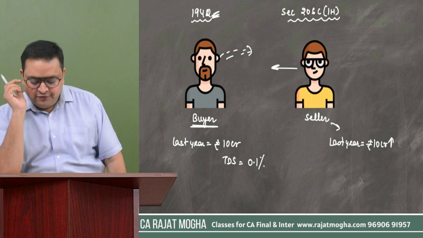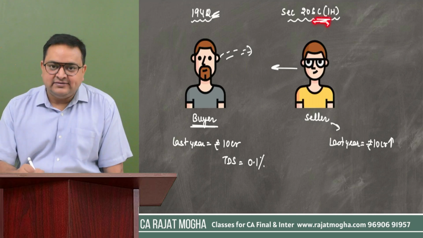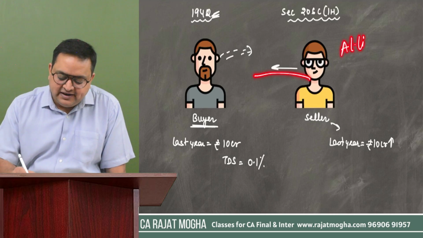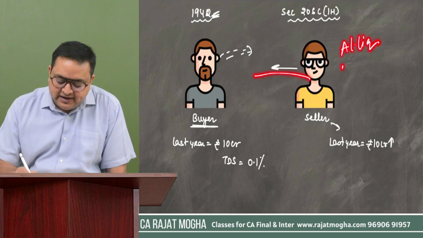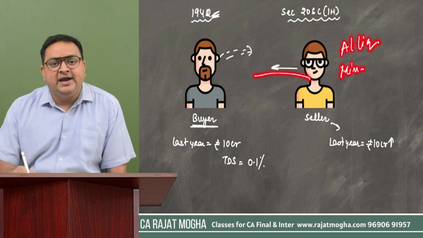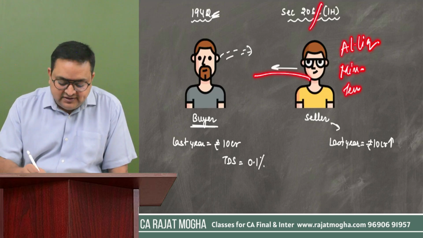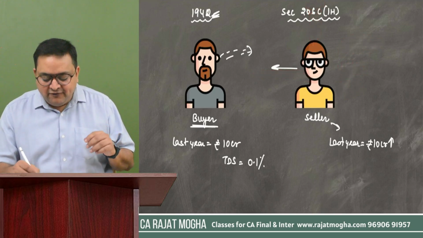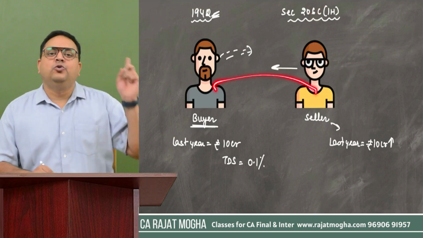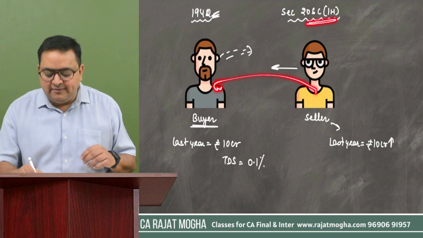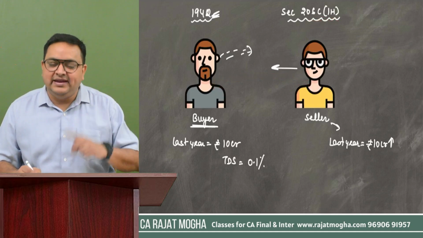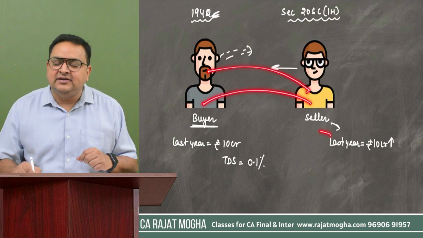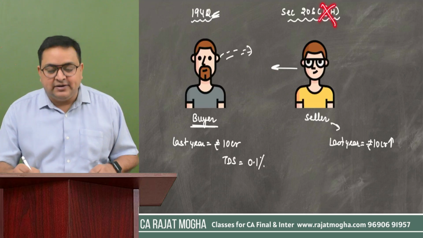Also, there are three more points in this section. This section says that if you are selling alcoholic liquor, or if you are selling mineral coal, lignite, iron ore, or tendu leaves, then this section will not apply. That respective section which we have read first, only that will apply in that case. So if you are selling any type of goods other than those which were mentioned over there, then only this section will come into picture. If you are selling anything which is alcoholic liquor, or tendu leaves, etc., then this section will not apply, that section will apply.